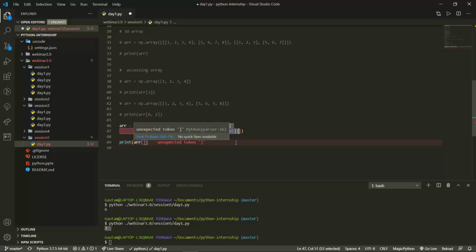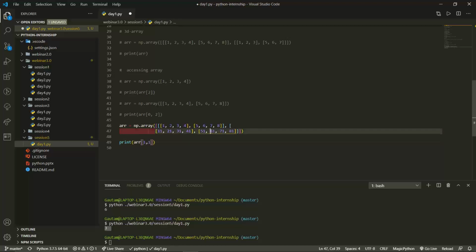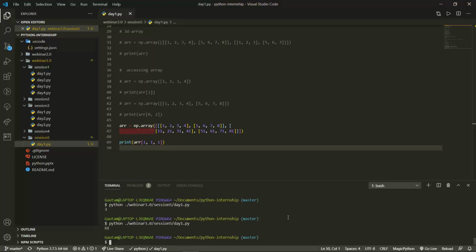So it is 0 and 1. So this is the first position. So we're gonna choose 1. Now inside this, which element we require? This is one element, and this is the second element. So we want the second element. So again we'll choose 1 because 0 and then 1. Now inside this, what we want? We want again the first element, means 0th position, first position. So we'll take down the first position, and now we'll execute the code, and we'll find that we are getting